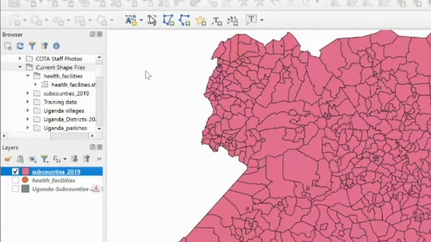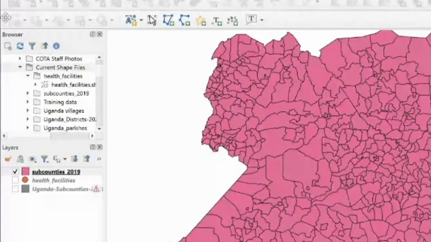So instead of looking at the entire country, I would want to look at Koboko, which is the nearest district that is bordering South Sudan. So I would analyze that,